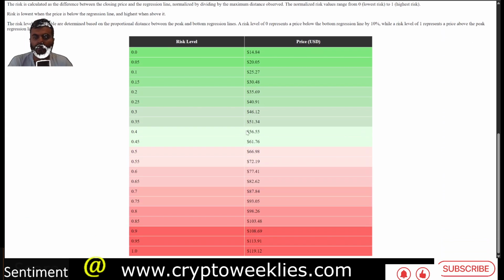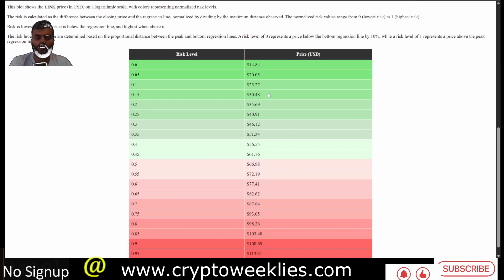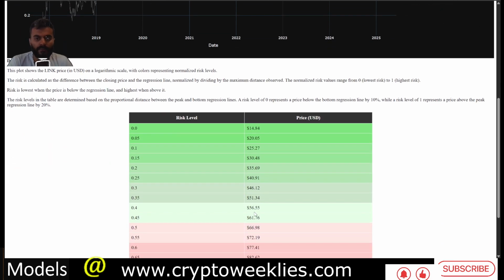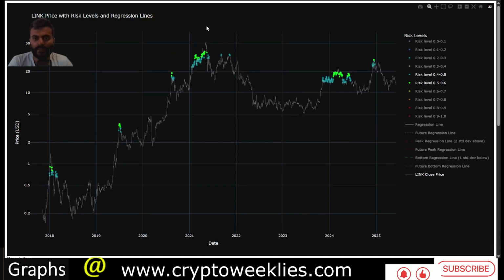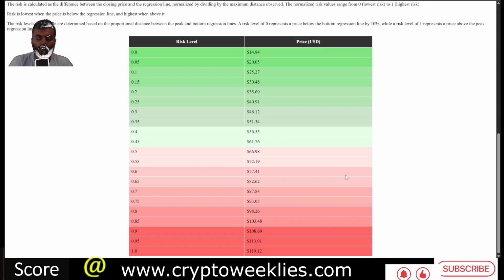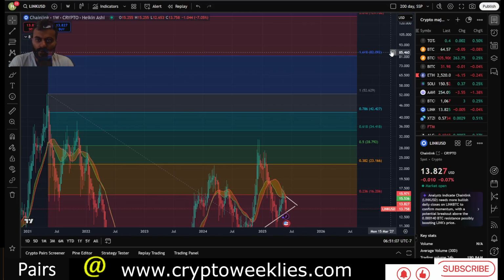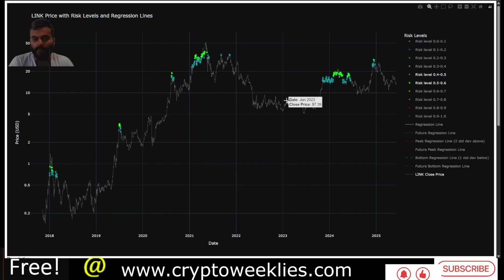If the prices were to go in that territory, that could signal price action between $56 and about $77, kind of close to that 1 standard deviation regression based outcome, where the yellow line and the price meet. That price action would be higher than the previous all-time high that Link achieved in 2021 at around $52. So that's the regression based optimistic but not too outlandish case, between $56 and about $77. A $77 Link would be close to that 1.618 fib level, again signaling some amount of confluence within these models.